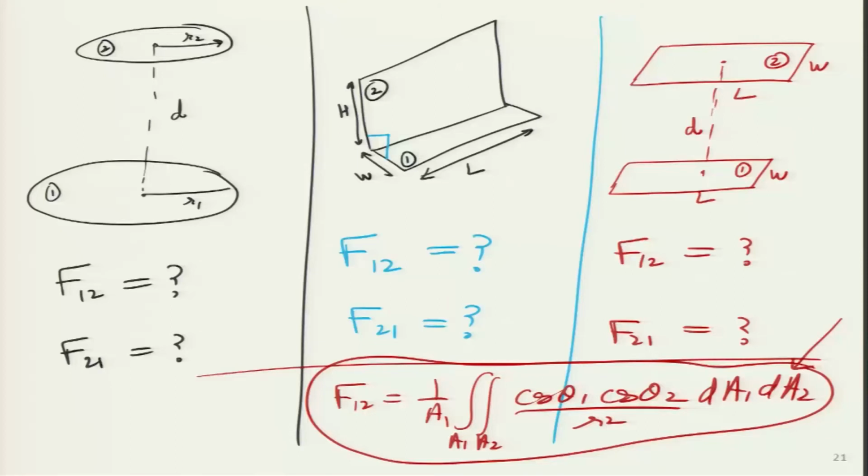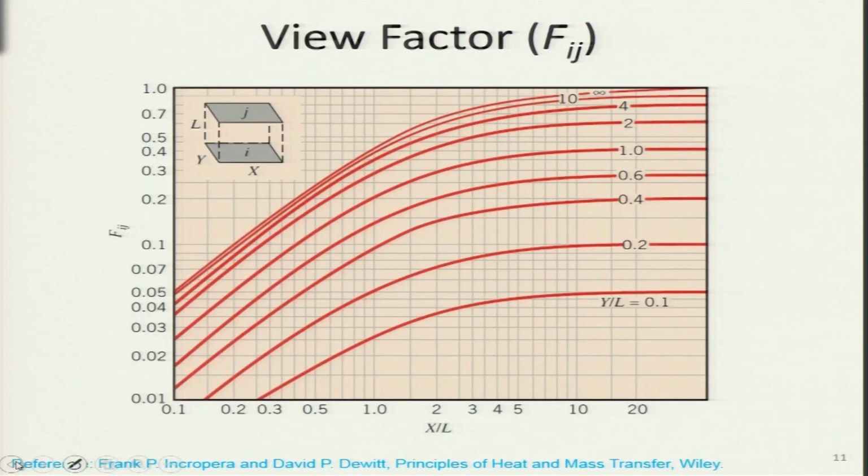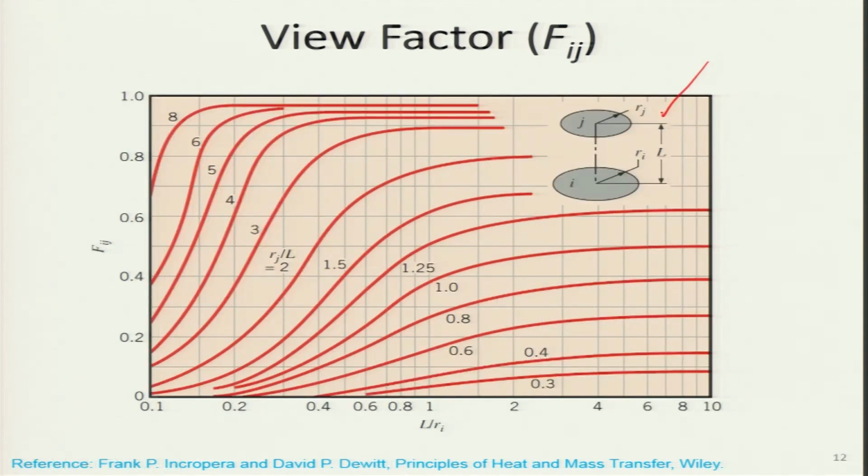But what we will learn, I think, in next lecture onwards is there are some figures and tables which are available in some standard textbooks that students can actually use. So, if you can see over here, this particular geometry you can immediately recognize, we were just talking about this. So, this particular figure directly gives the value of view factors if I know these two ratios, y by L and x by L. Okay. So, all we need to do is use these type of figures over here.